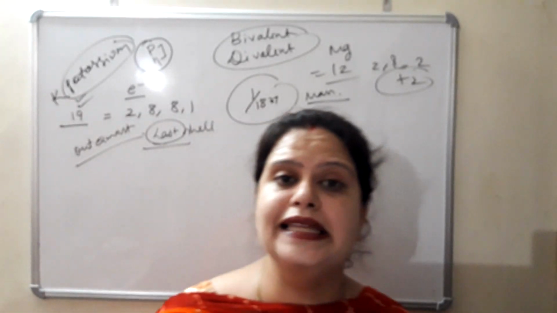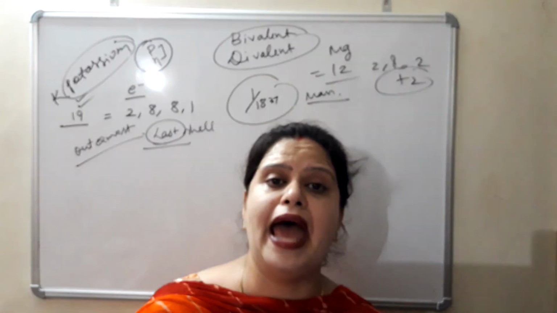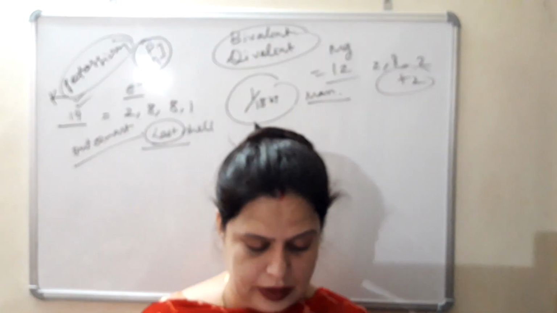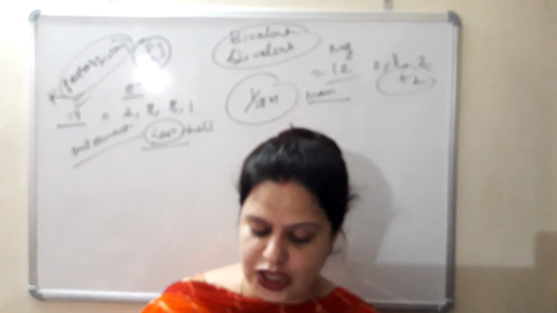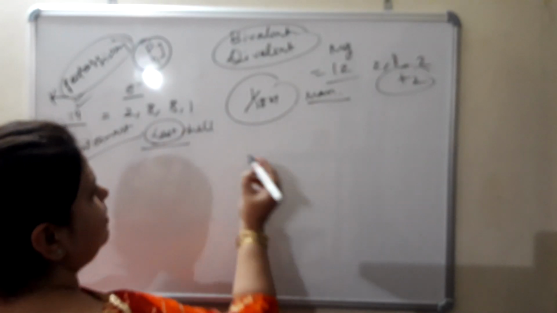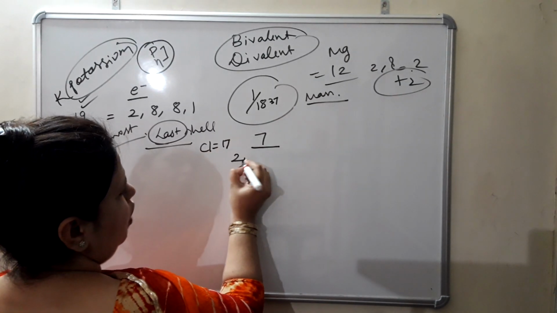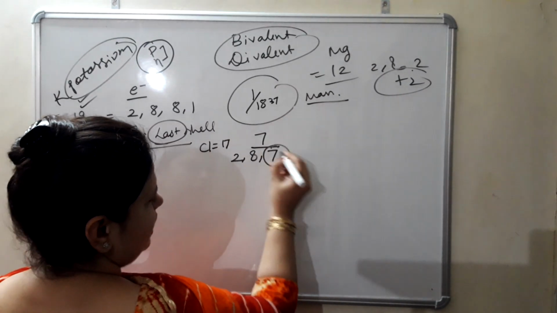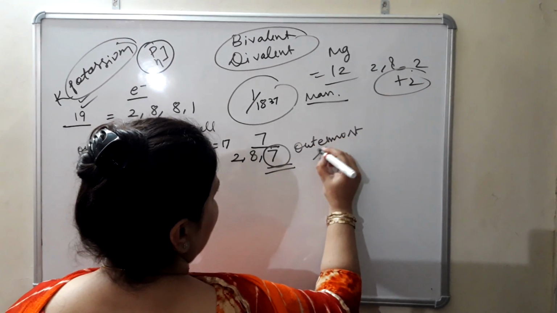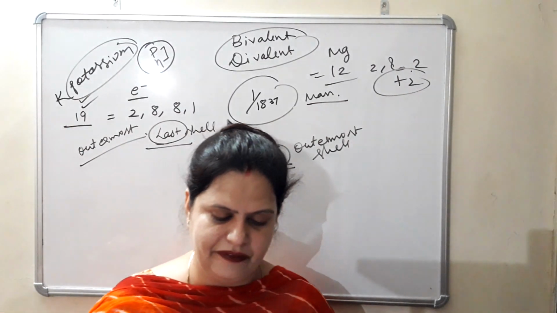A proton has an dash and dash charge as that of an electron. A proton has an equal and opposite charge as that of an electron. A chlorine atom has dash electrons in its valence shell. A chlorine atom has 7 electrons. Atomic number is 17, configuration 2, 8, 7. So 7 electrons are present in the outermost shell, and such a shell is also known as the valence shell. So the answer will be 7.